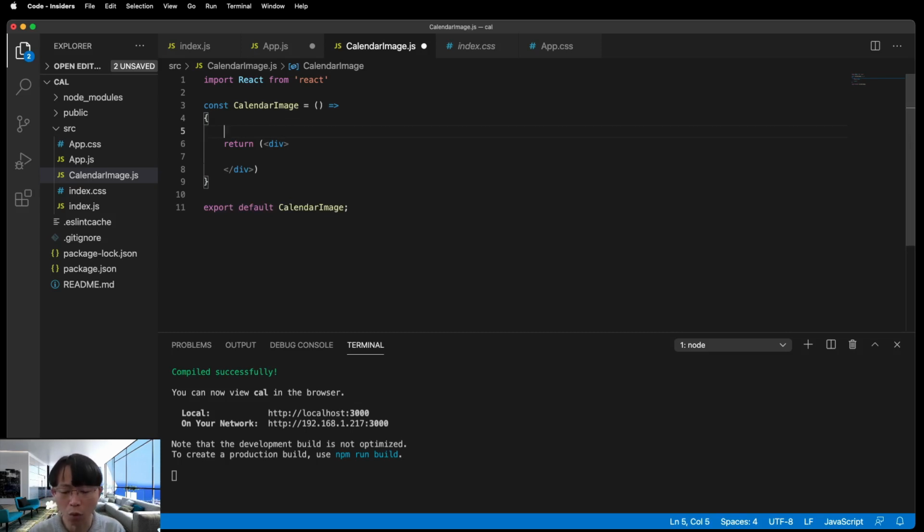We want the image to be downloaded from the web API at the beginning of the web page loading, instead of loading after the web page